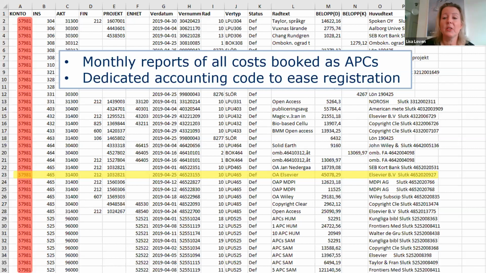And in yellow here, you can see the example with the Elsevier APC invoice from the previous slide. It looks like this when we pull the report. I'm not going to go through all the details here, but I will point out some of the useful information. Of course, column A, the accounting code. Column B, with 3 digits, that's the